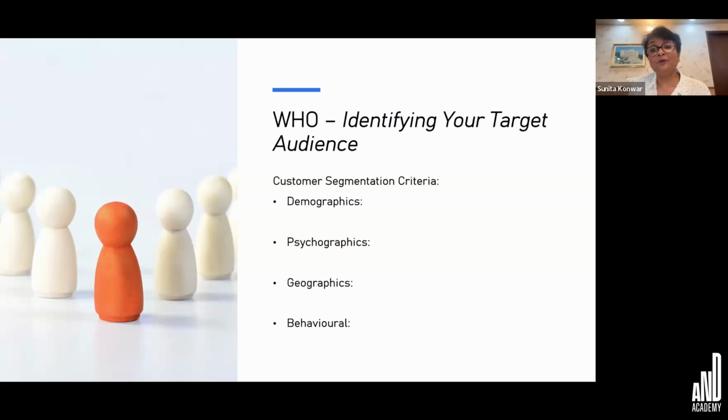Then the next thing that we are looking at in customer segmentation is psychographics, which means what are the values that these people have? What are the beliefs? What are the aspirations? For example, my daughter is studying in Japan, and when I go to McDonald's over there, you get beef burger very easily. Can I sell beef burgers in India? No, I cannot, because we have very different value systems. So I have to understand the product where I'm selling, what is the psychographics of the customer over there?